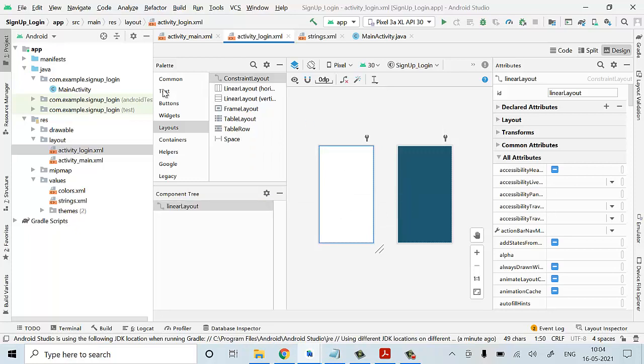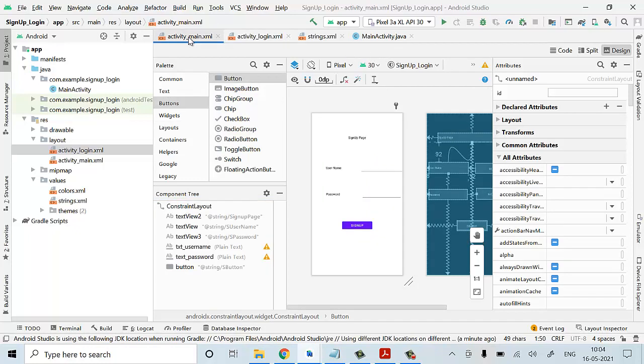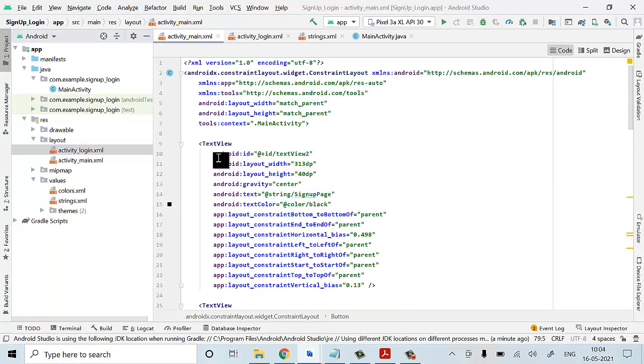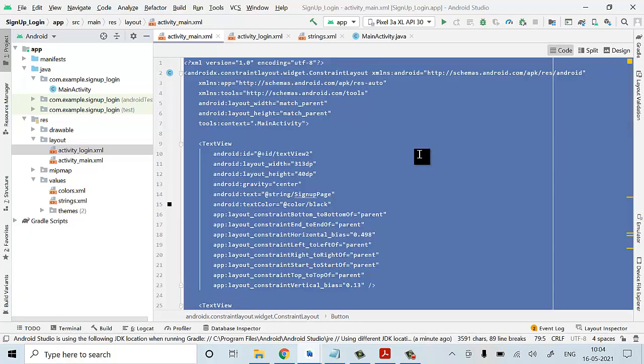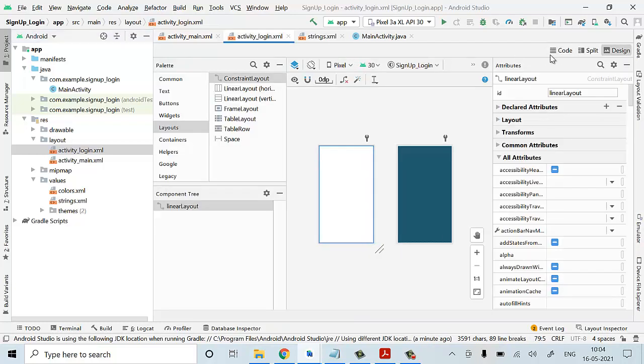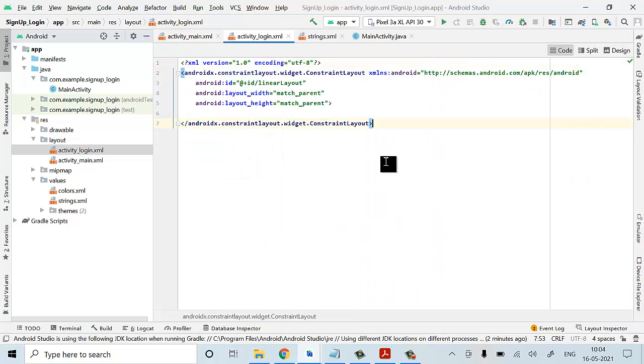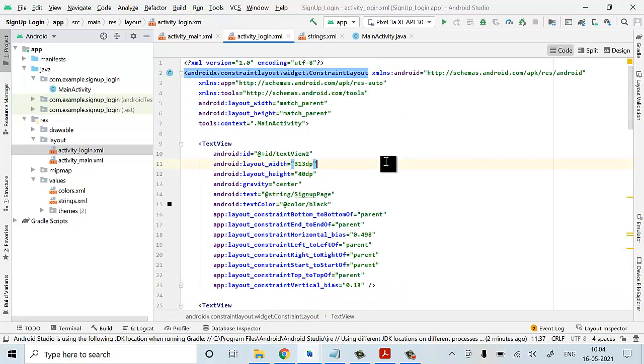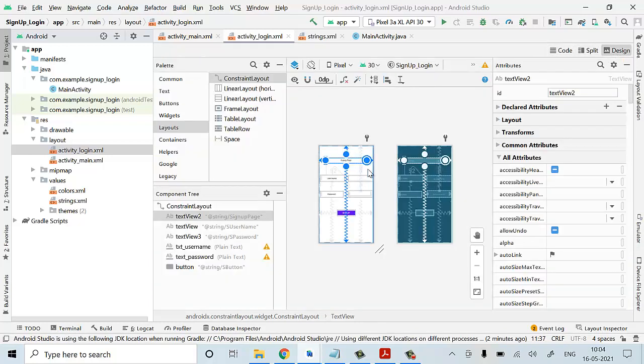Okay, now what I'll need, the same part what I have done for your activity XML, the same thing you required. So what I'm going to do, I'll go for your code part, I'll extract the same thing. So Control A, Control C, go for your activity login.xml, go for your code here, just you change it to Control A, Control V. That's it. It is done. Okay, now you can go for design, everything will be applied here.